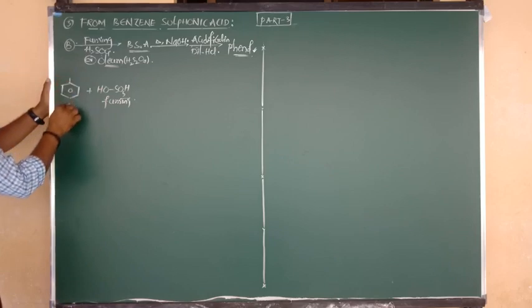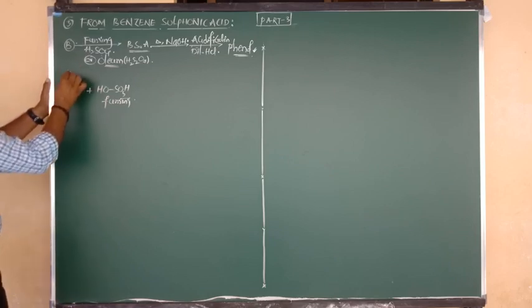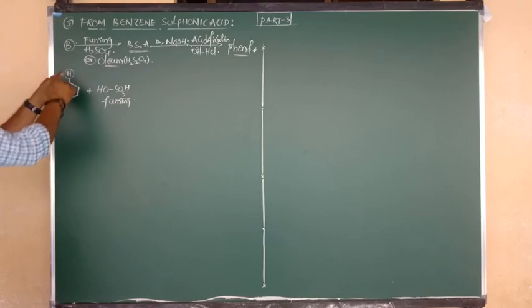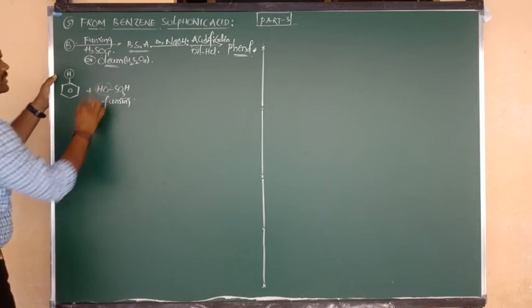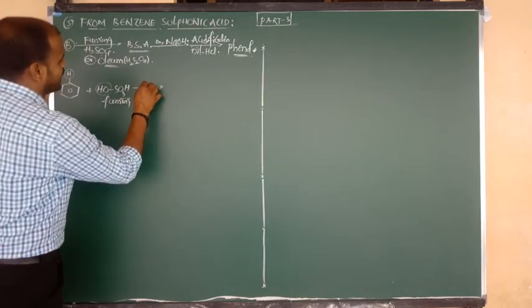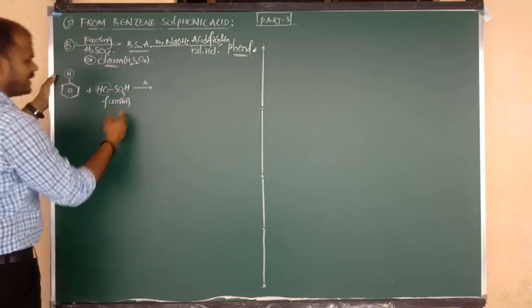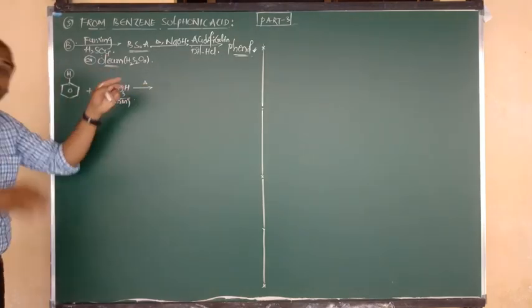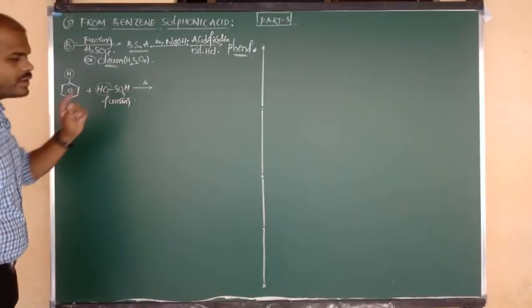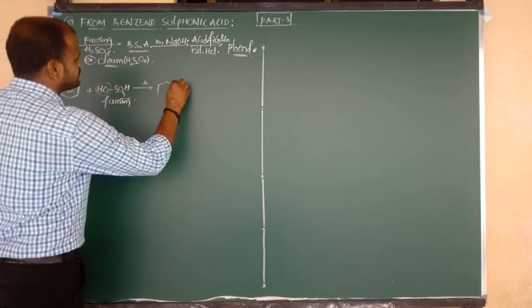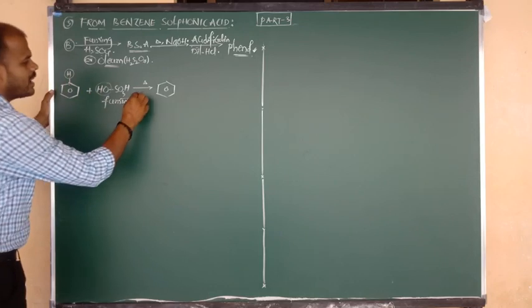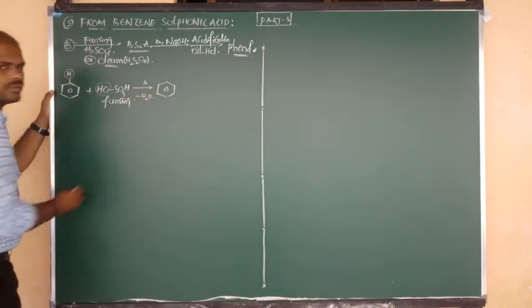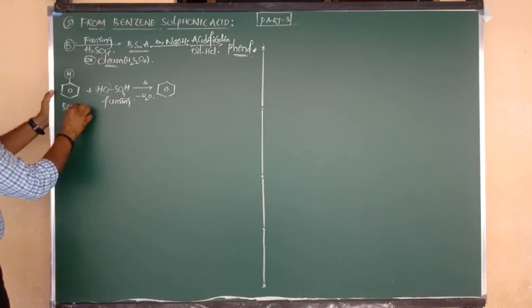From that benzene, from the first carbon, I am going to remove one hydrogen. From benzene we remove the H, and from sulfuric acid we remove the OH. The reaction takes place upon heating. Instead of fuming sulfuric acid, as I told you, we can consider oleum also. Benzene on reaction with fuming sulfuric acid forms the product. This is the benzene ring. H combines with OH and is removed in the form of H2O. And this is the reactant, benzene.